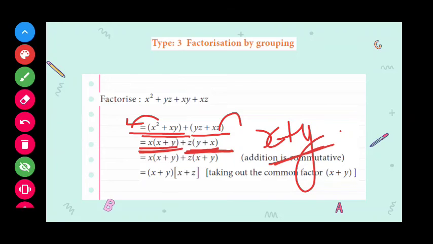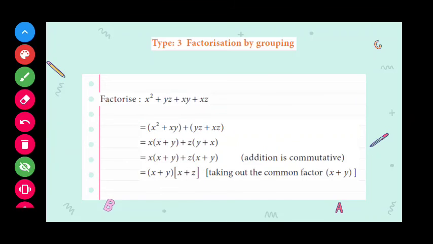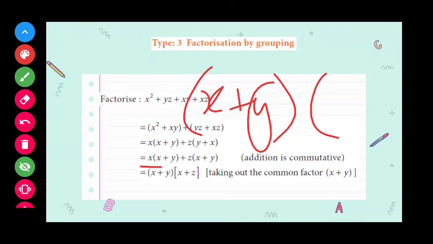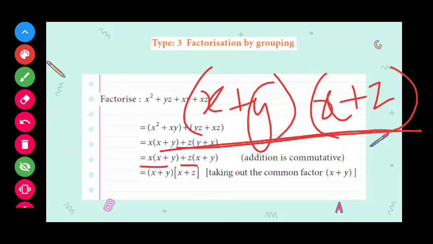Okay, so x into x plus y plus z into x plus y. In the last slide we have seen factorization by taking a common binomial factor from each term. Which is the common binomial factor in both of these terms? x plus y is the term which is present in both the terms. So we can take x plus y out. The remaining terms are x and z, so x plus z is another factor. So x plus y into x plus z is the factors for this term.